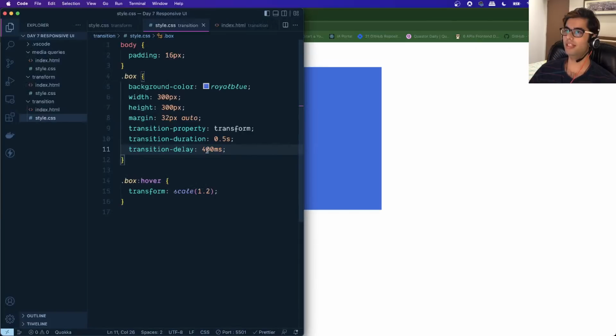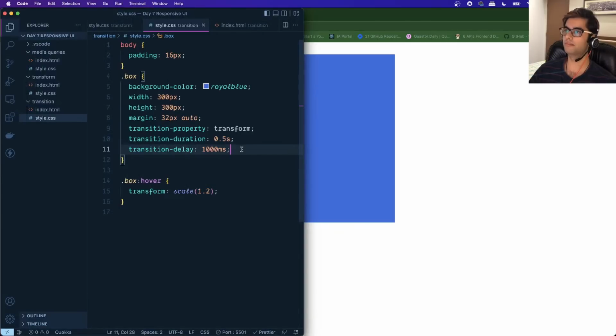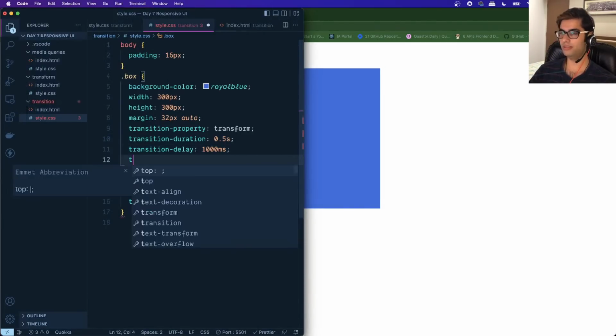Let me increase this slightly to 1000 milliseconds so that it happens 1 second after the mouse is over this element. So you notice the difference, right? It exits out of that transition after 1 second and also enters that transition after 1 second. And the other property which is available to us is the